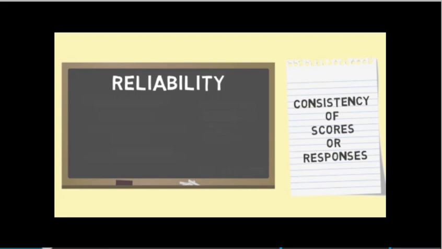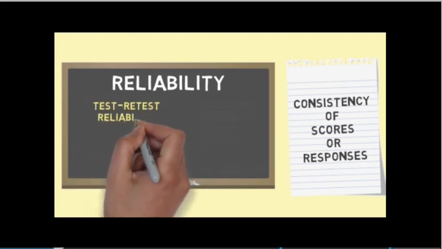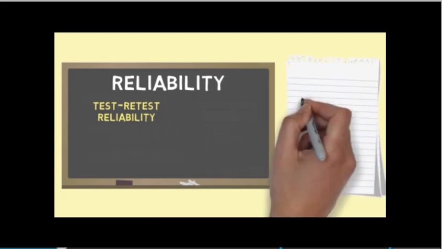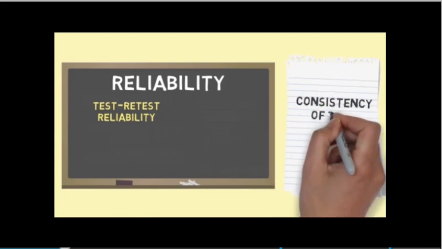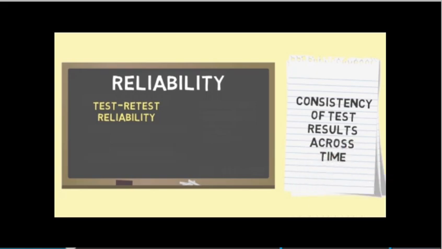There are several types of reliability. Let's take a look at two examples. First is what is called test-retest reliability. This is a measurement of the consistency of test results across time by testing and retesting individuals to compare the